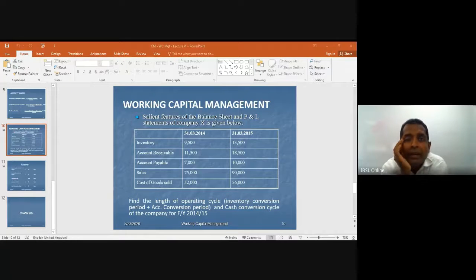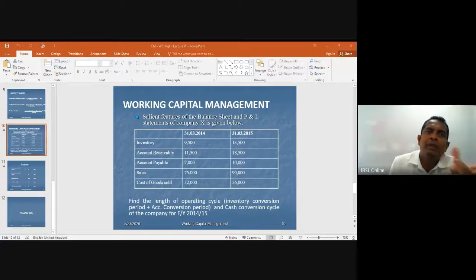Use of break-even analysis, I just told you, is for short-term decision making. CVP analysis is an important tool in short-term planning and decision making. As I told, it is the relation. We check the relationship between volume, revenue, and cost. Decisions like sales mix and pricing policies all depend on CVP analysis.